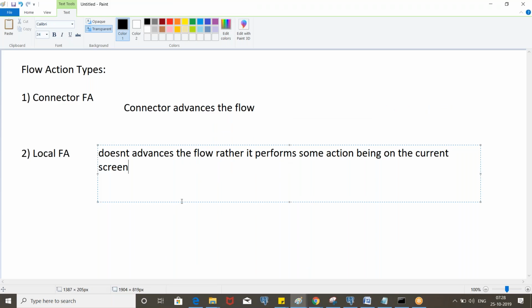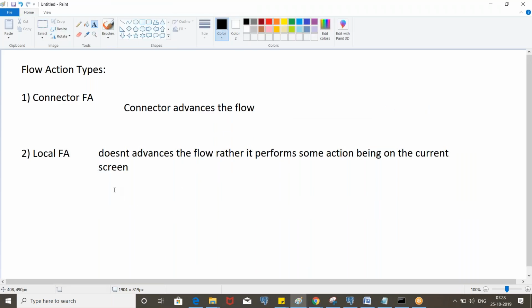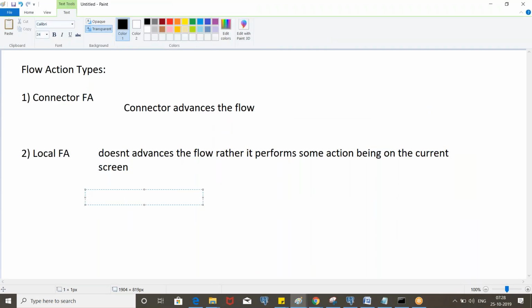It is very important where we can call the local flow action: mostly the controls, then the assignment shape and flow. We can call it in some other places also, even in some activity methods, and even in the SLA to advance the flow, right? But mostly we use it in the controls, assignment shape and flow.